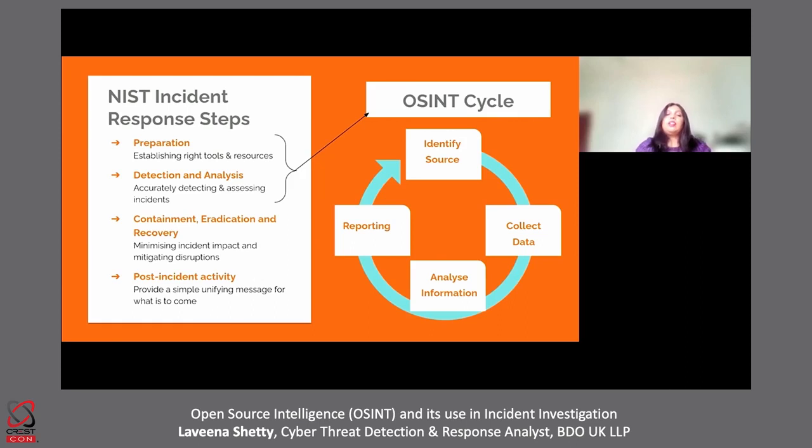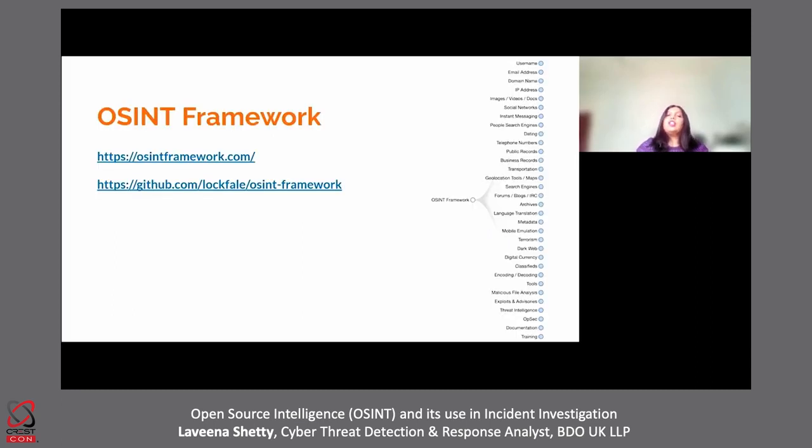Now, the next step is to process the acquired data and obtain relevant information. You analyze and correlate information obtained from multiple sources and then create a report about specific actionable intelligence. Now, taking 2 steps back, in one of our previous slides, we spoke about the huge volume of information we have to contend with in open source intelligence. We definitely require tools to deep dive into this ocean of digital information and extract actionable intelligence to serve a